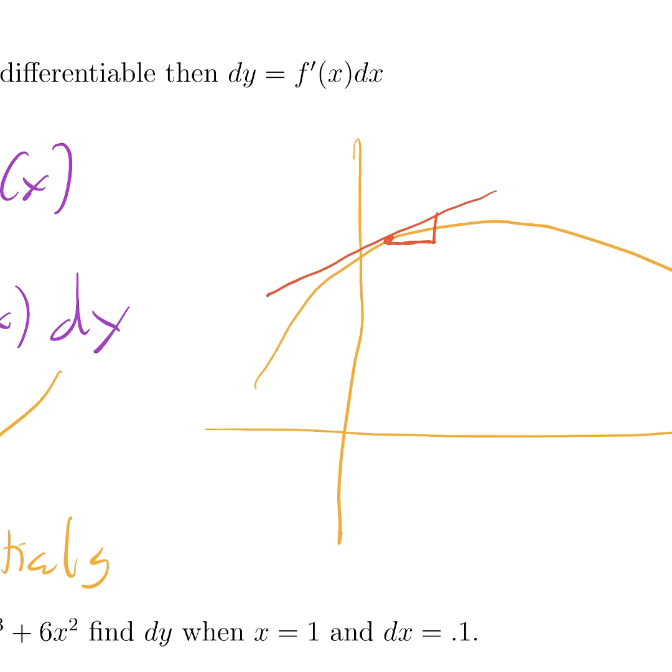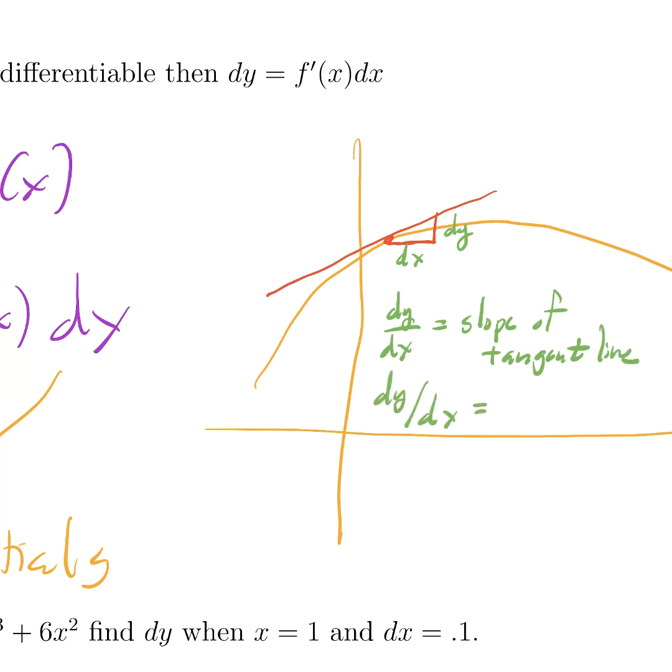Here is some small change on the x-axis. It results in some small change on the y-axis. And dy/dx is the slope of the tangent line, change in y divided by change in x. And so dy/dx is equal to f prime of x,